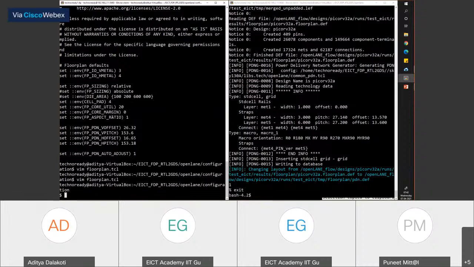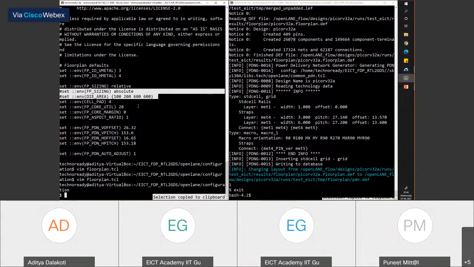Now, I'll let you guys do it in like 2-3 minutes. I want to explain a few more things before we do that. So suppose you did not want it to be relative and you had a fixed core area or a die area or a block area, then what you can do is you can also specify an absolute size. At that point, you do not have any control on the utilization. So what the commands I've commented out, you can say sizing to be absolute and then just specify the die area.